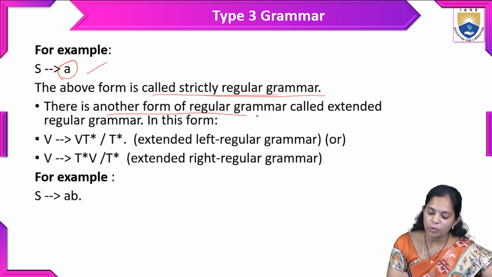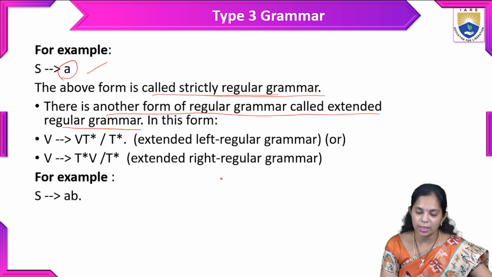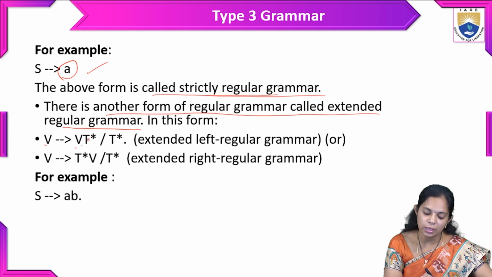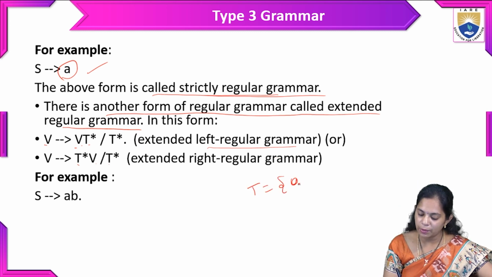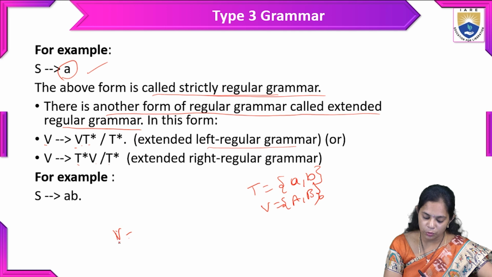There is another form of regular grammar called extended regular grammar. What is this extended regular grammar? V tends to V T star. T star represents the extended left grammar, and T star V, where the terminals are a, b. So V tends to, capital A, B is there. We will take one left. So A tends to VT, and T star represents